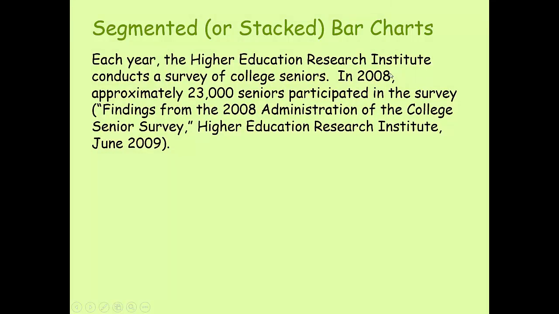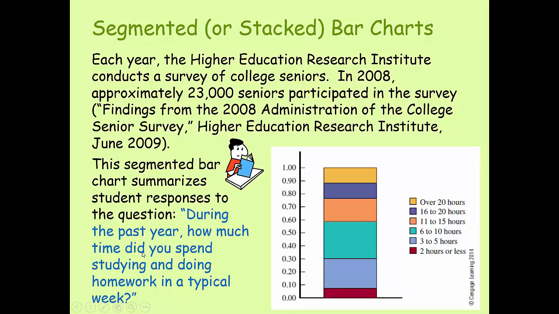So each year, the Higher Education Research conducts a survey of college seniors. They had 23,000 seniors participate in this survey. During the past year, how much time did you spend studying and doing homework in a typical week? So as you can see, each one of these is stacked, so we're looking at 100% of people that were surveyed. This is our relative frequency. And each stack here, the larger the area, certainly would be the larger value of how many hours they